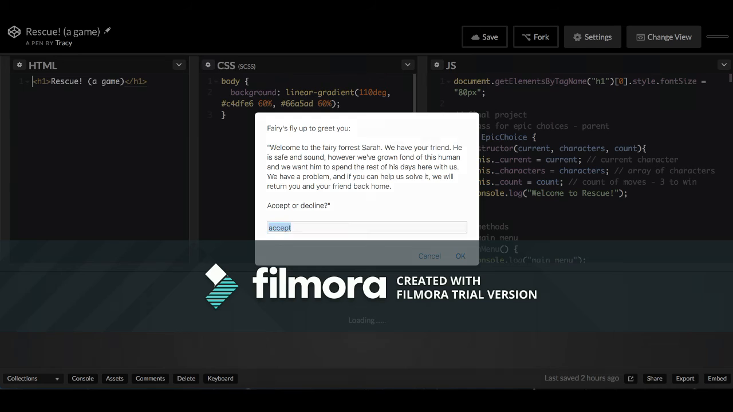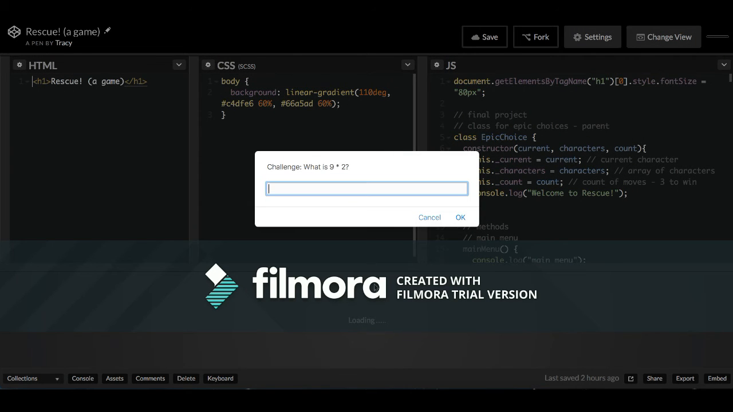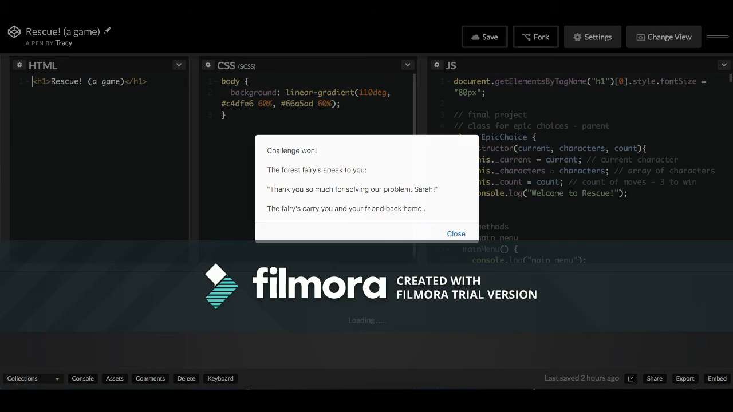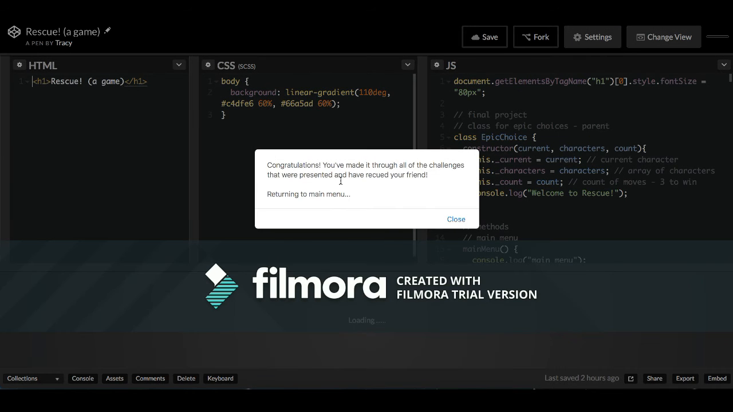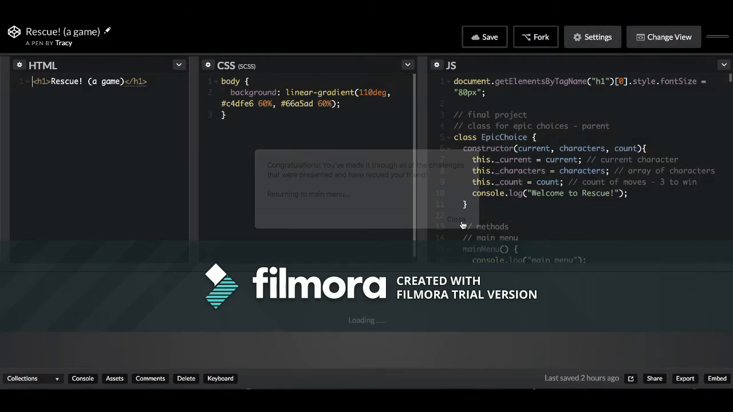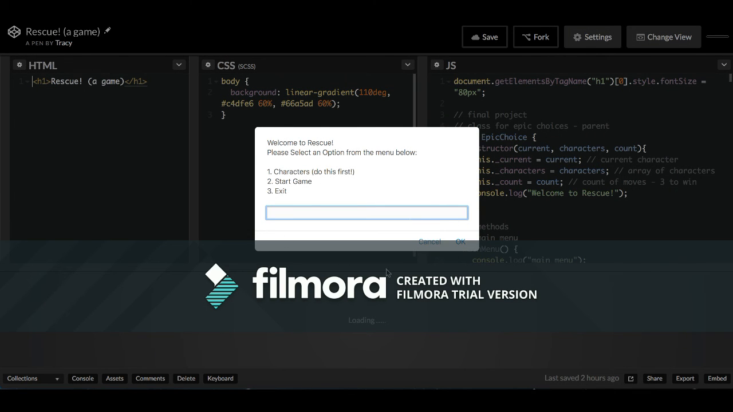All right, and I keep going through, and I'm not losing. And I use the math.random to actually randomize the challenges as you go through. All right, so thank you so much for solving our problem. Congratulations, you made it through all the challenges that were presented, and you have rescued your friend, returning to the main menu. So you have the option to continue, start another game, you can create a different character,